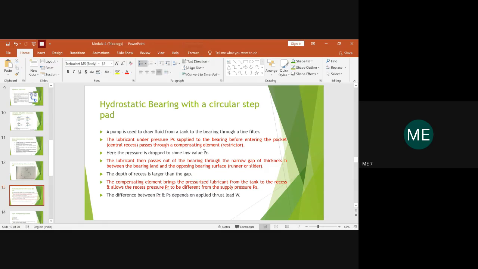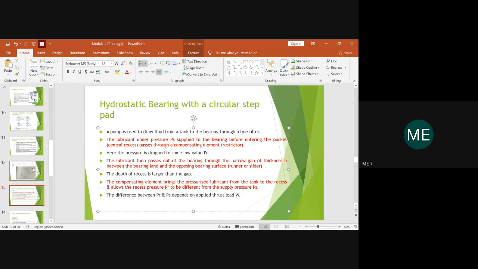So the value of PR will be comparatively lower than that of PS. In rare cases PS can be equal to PR, but PR cannot be greater than PS. That thing you have to remember. So this oil film of required pressure, which is passing through the compensating element, then passes to the bearing